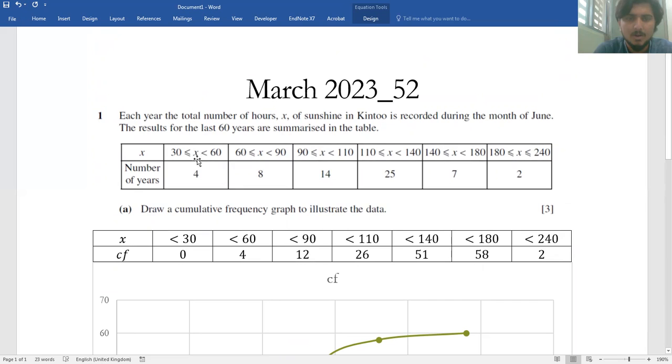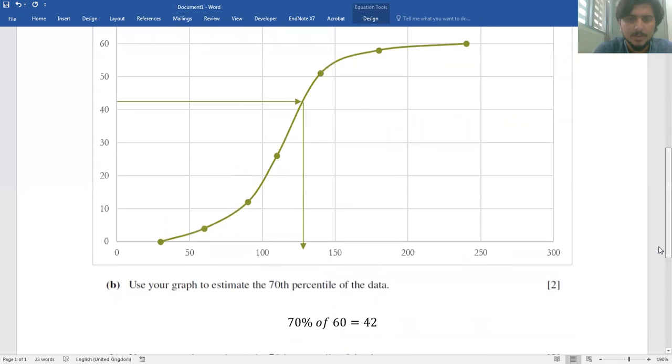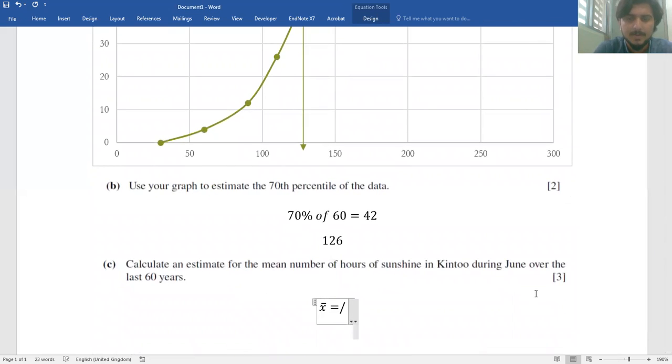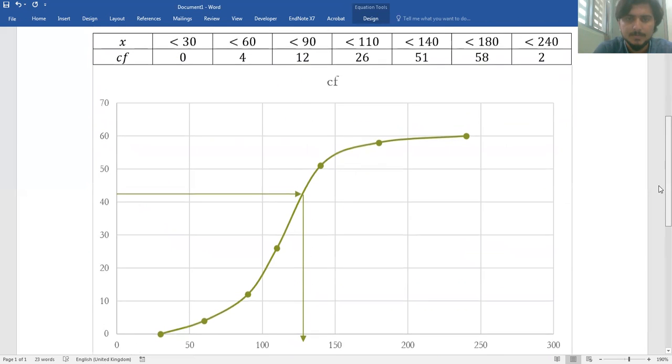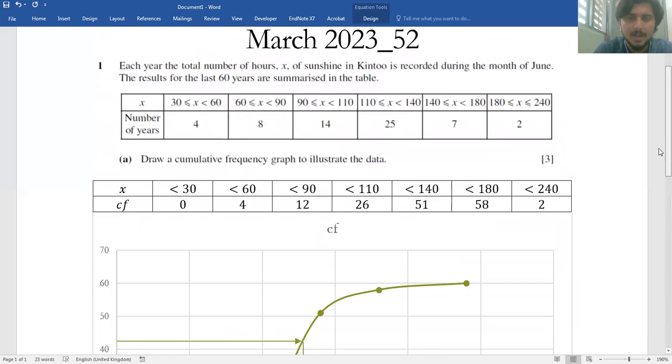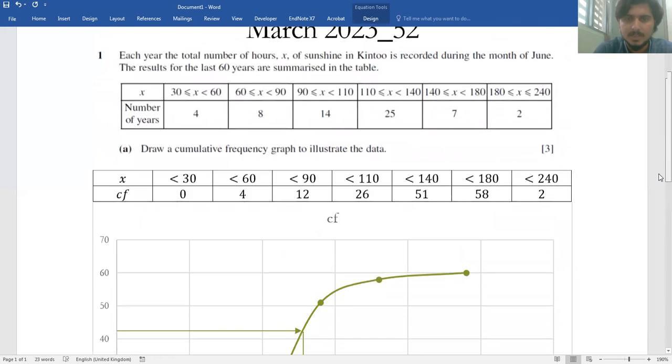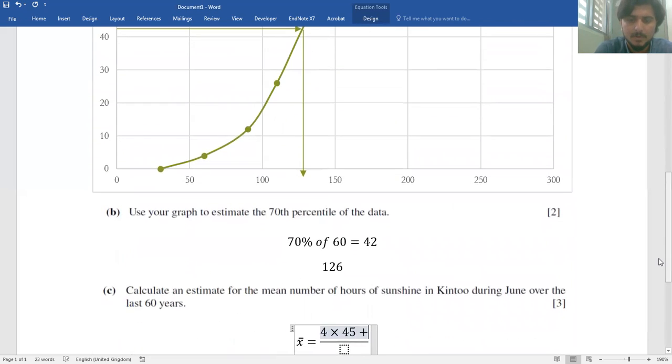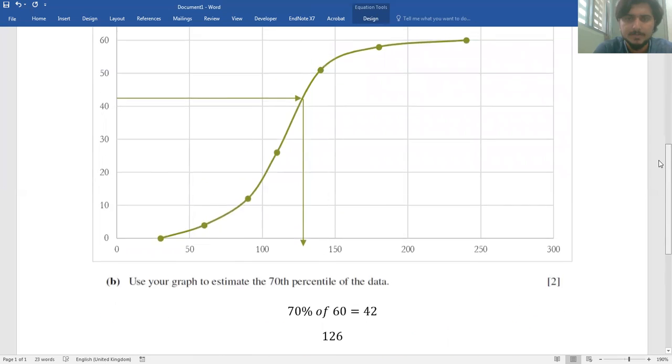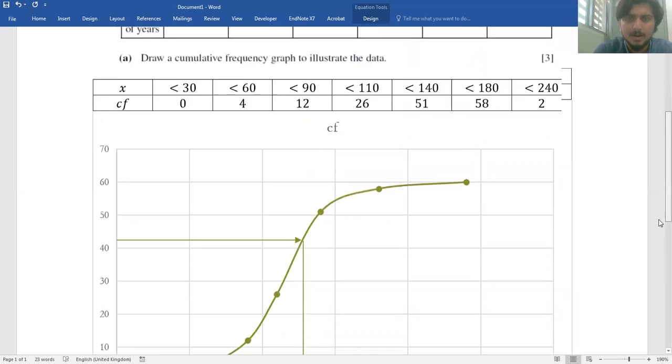So we estimate that all these 4 years had the sunshine exactly between 30 and 60. So what is between 30 and 60? We can add both of them, 30 plus 60, and we divide by 2, we get 45. So we'll simply say that 4 will multiply by 45, we'll take the middle values. 12 will multiply, 8 will multiply by 75 plus 8 times 75 plus 14 will multiply by 100